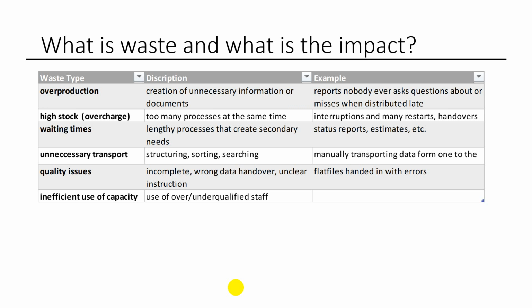And you have quality issues. So you have an unstable process that tends to produce random results. I think we controllers all know or have a good idea of what that could be. So Excel files with a lot of mistakes, flat files that have errors, and so on and so forth. And last but not least, inefficient use of your capacity. So when you take the expensive guy to do the copying job, this is not efficient. What these